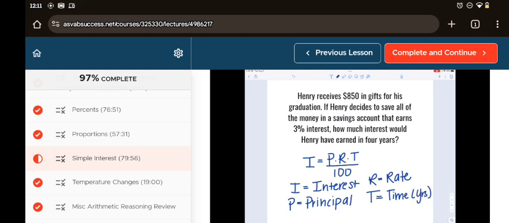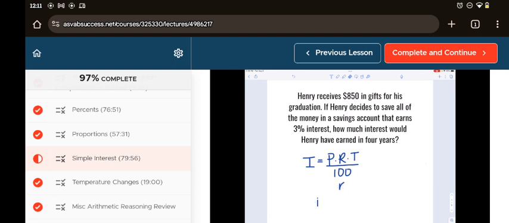All right, so now that we have our equation set up, make sure you write that down, take a screenshot if you need to, okay? Let's go ahead and work on the first question and see how this applies. I am going to move this over right there, so we can always look at it. Okay, so first one says, Henry receives $850 in gifts for his graduation. If Henry decides to save all of the money in a savings account that earns 3% simple interest,